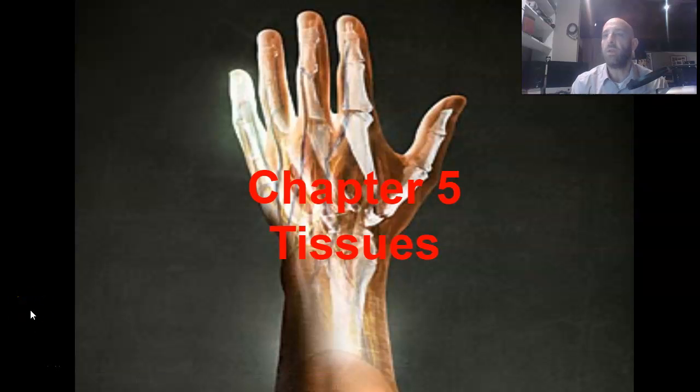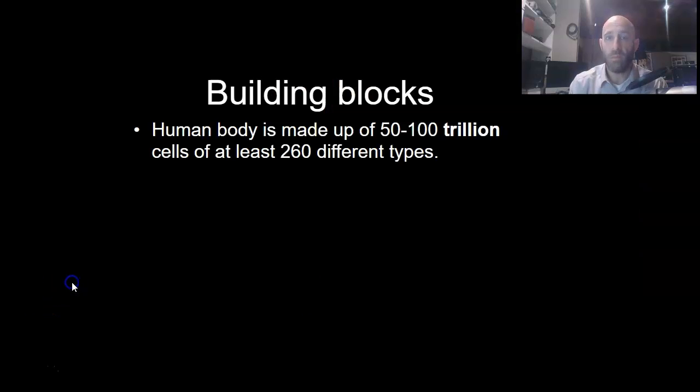We're going to start our next unit on tissues, and you've probably heard the term histology before. Histology is the study of tissues. So somebody who's a histologist is somebody who spends a lot of their life looking in microscopes. We're going to talk all about the types of tissues that make up the human body and the characteristics of each. But first, let's talk about what bodies are made of on the most basic level, and that is